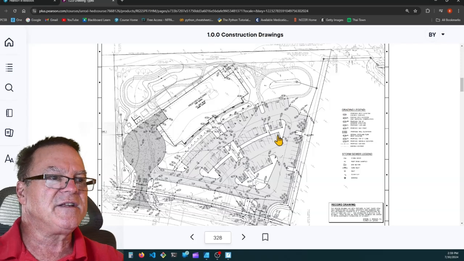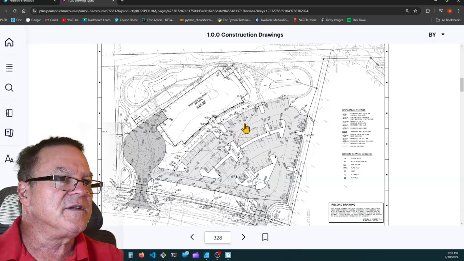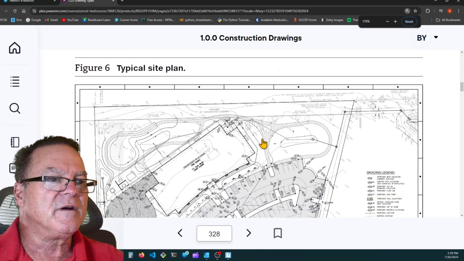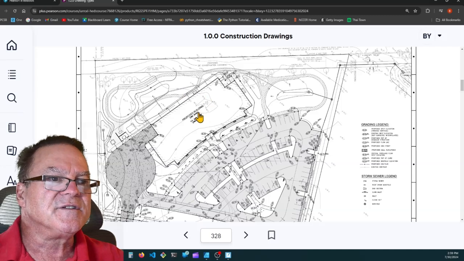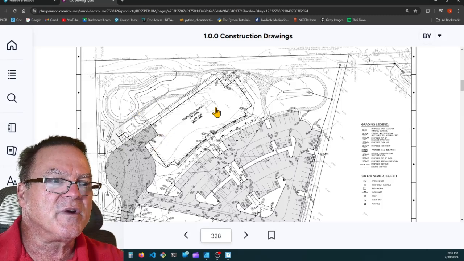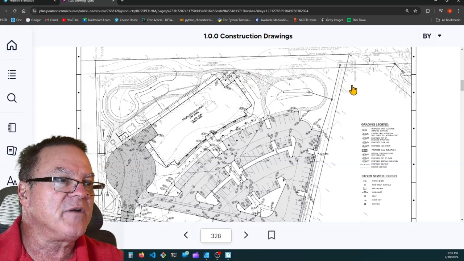So here's a nice example of a site plan. Let me see if I can zoom in a little bit here. So we can see contour lines, and it shows the grading of this. So this is the top of a hill, and that hill is running down. I don't know if this is before grading or after. This may very well be